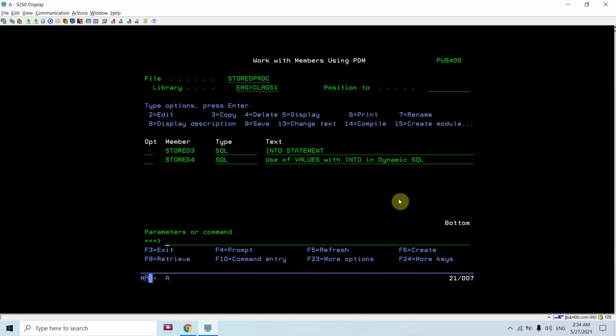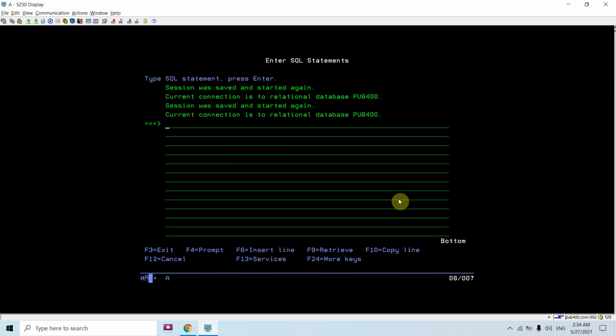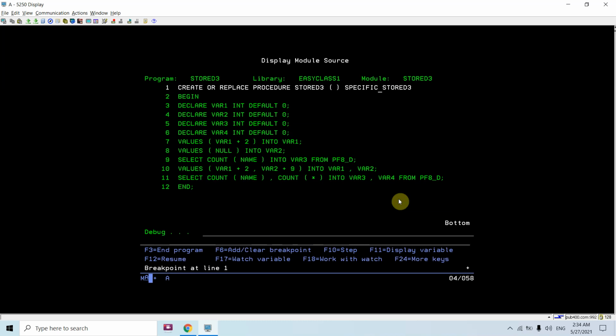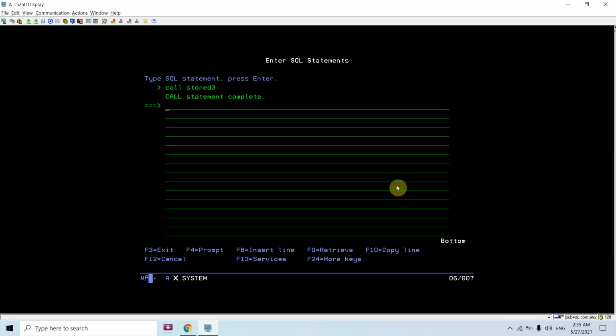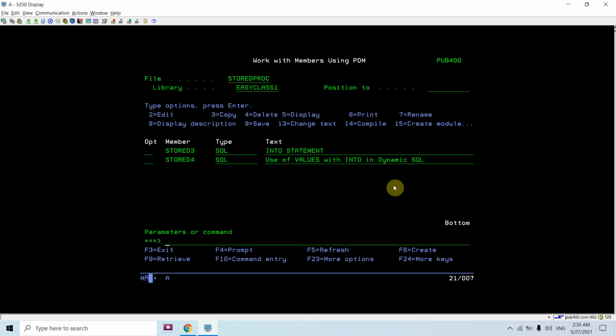This way we can execute it, or from here we can also call it with CALL store3. It's in debug mode, so once I call this, the debug source is presented to us. Now it's 2, now null, it's 6, it's 4 and null, it's 6 and 6. This way you just have to end debug.